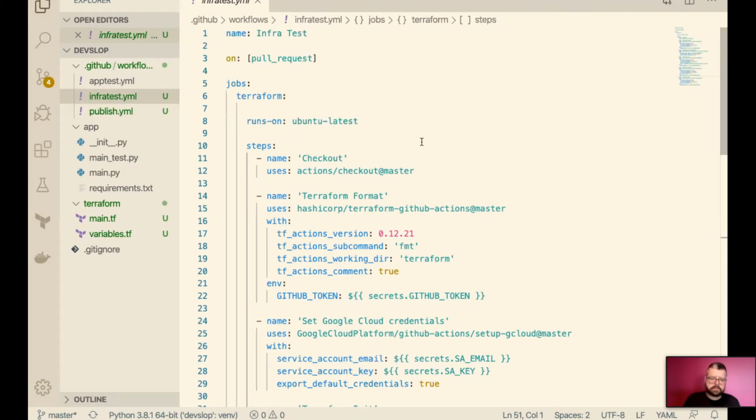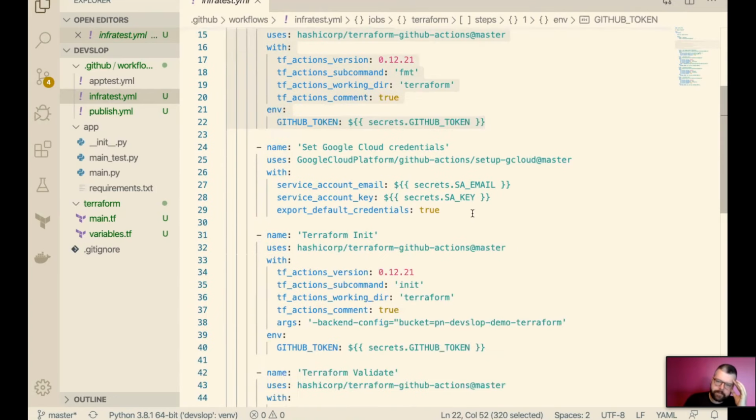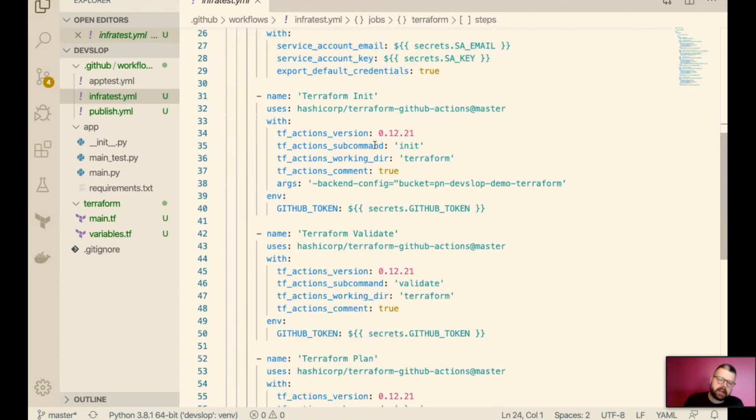Just to go back, just to make sure I understand, you've built a workflow here, and it has a couple of actions. First, the checkout action, that is first party. Then you did the format by Terraform that validates our format. And then you authenticate to Google. Yes, to the platform. I authenticate to Google because everything that comes after this, mostly init and plan, needs access to the cloud, right? Okay. Because it needs to interact with what's called in Terraform the state file,